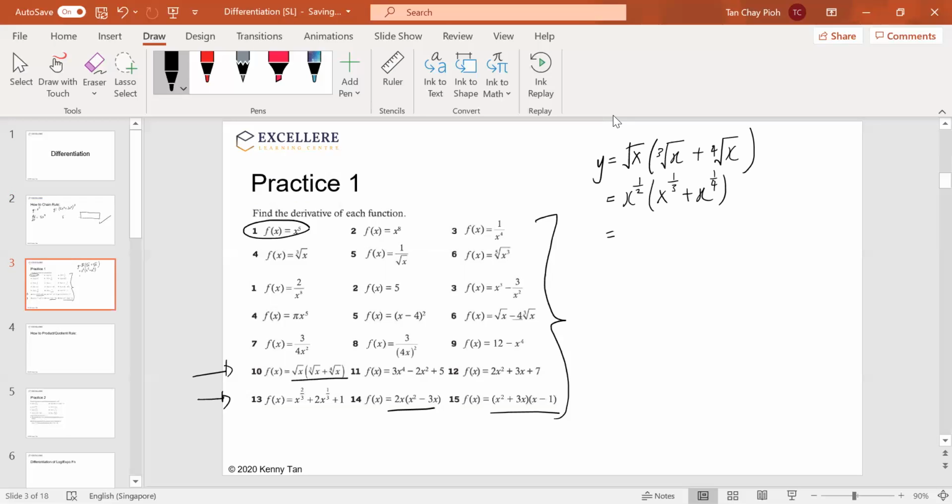From here, I'm going to multiply in. Then when I multiply in, what I will get is half plus 1 over 3, which is 5 over 6. This will be 3 over 4. Then from here, I will do my dy dx, which will get me